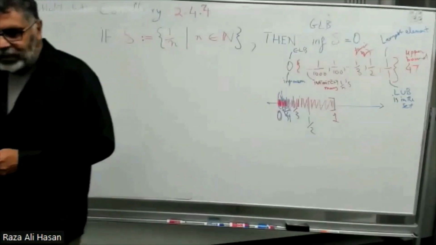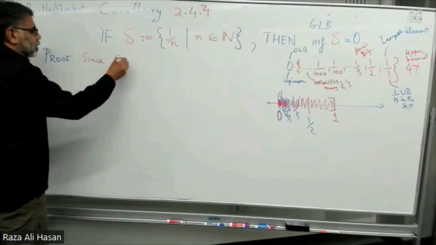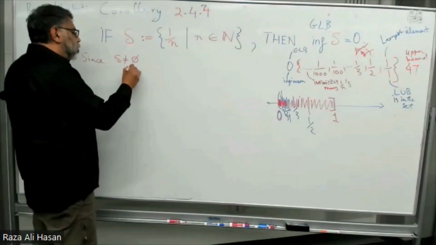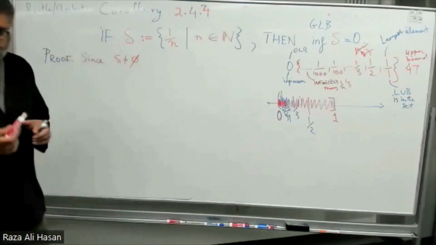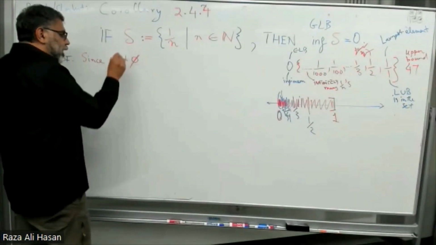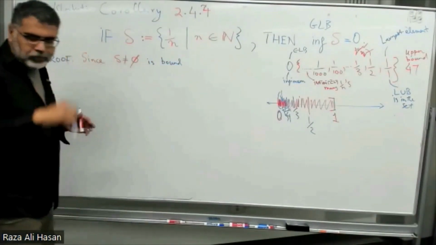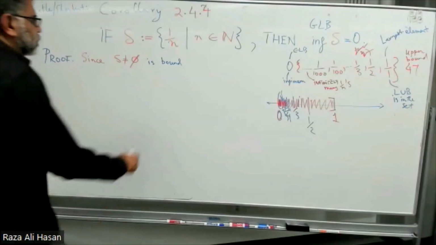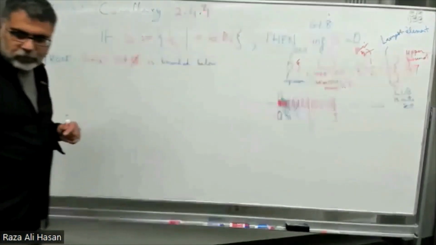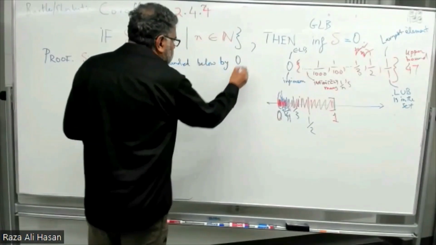So let's see what the book does. So the book goes, since S is not equal to the empty set, or S is non-empty, and since that non-empty set S is bounded below by 0,